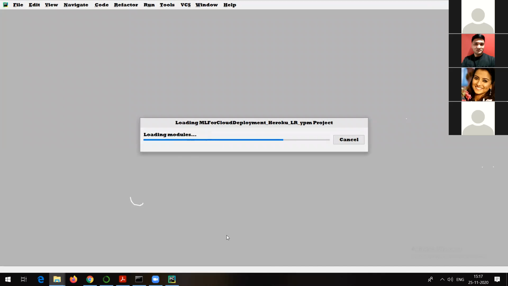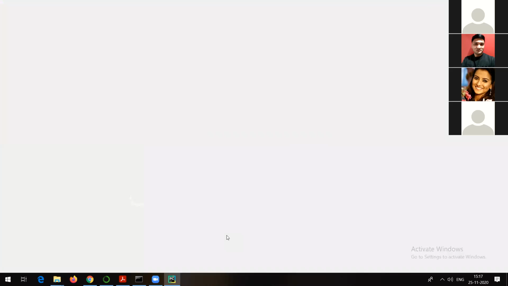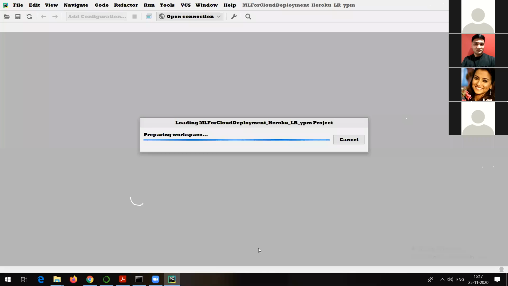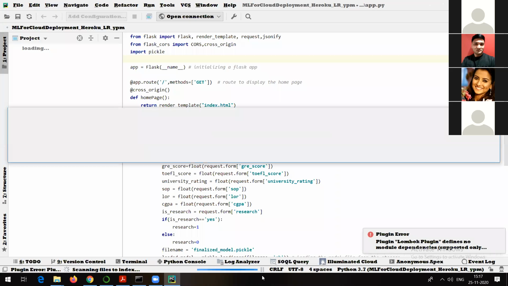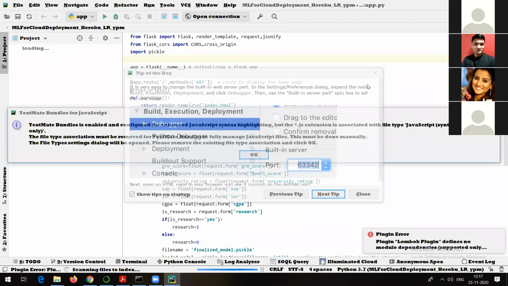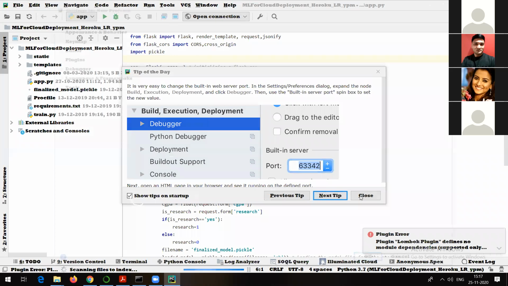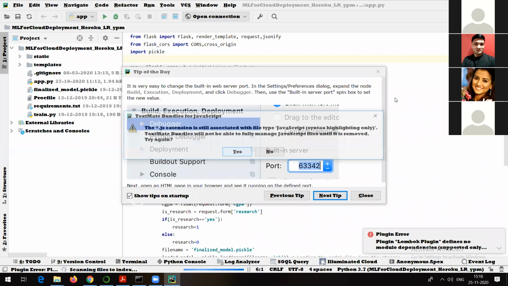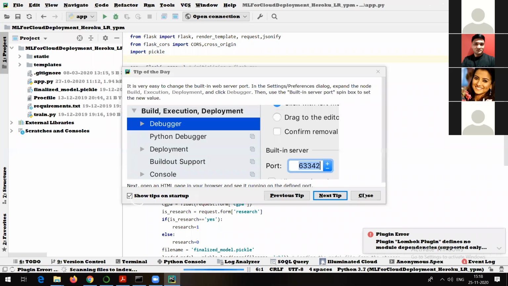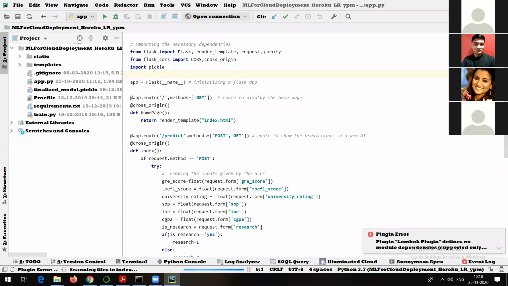Now, same problem statement. For that problem statement, here we have created a web application. Now let's see how that web application is going to look on this local machine. I will first run that on my local machine, and then I will go and deploy it onto the cloud. So let me close all these things. Whatever you are able to see, this is nothing but PyCharm. I'm just repeating it for those who are not aware of it.